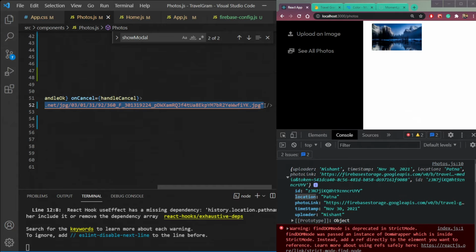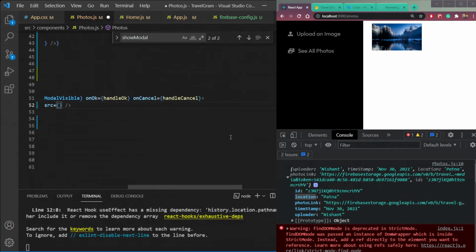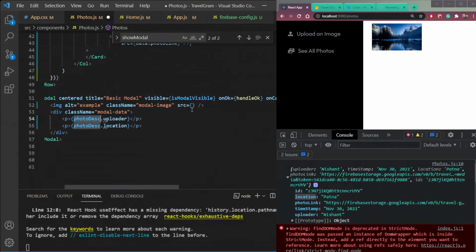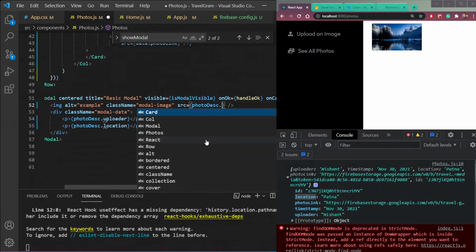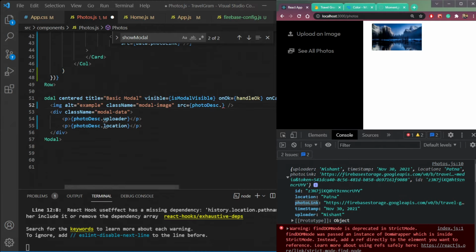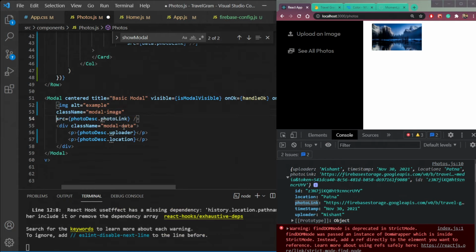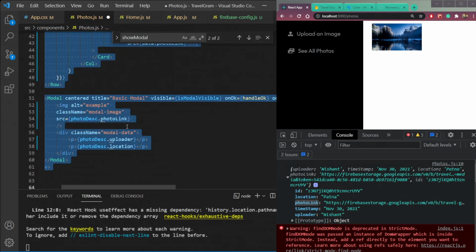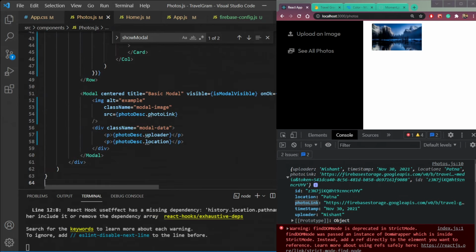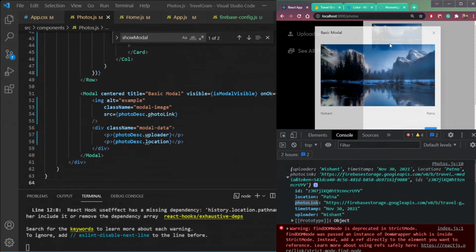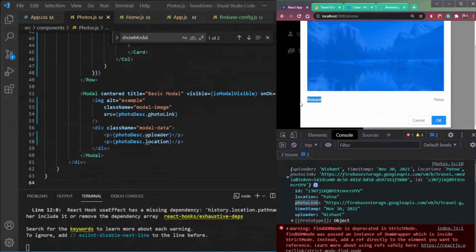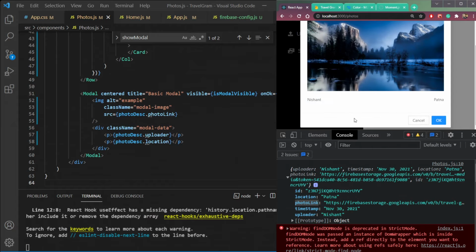So we forgot this. So just need this photo description dot photo link. Let's break it down like this first. Now let's check. If we click this image, we are seeing this photo uploader Nishant and the location called Patna.